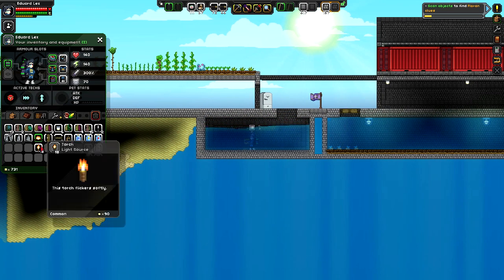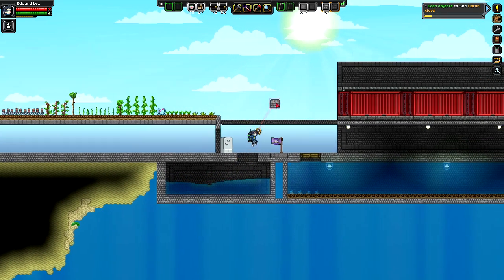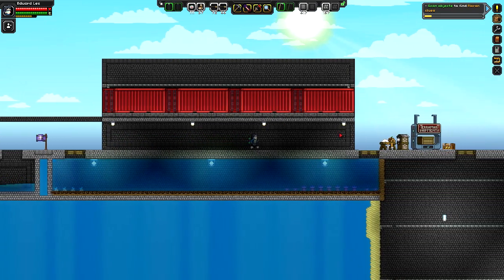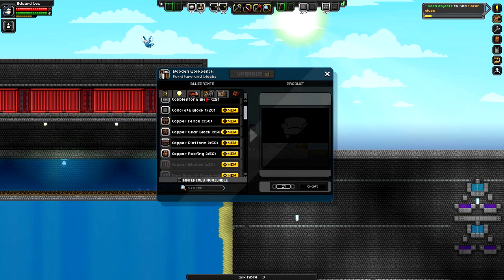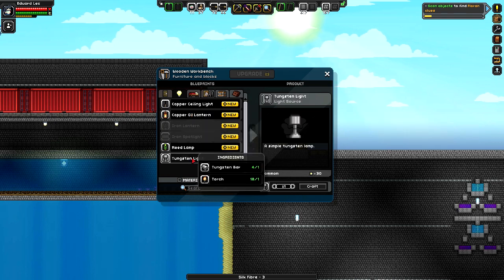Also, that's a bit of a problem. Can I have a race neutral light? Because these lights most likely going to give me Hylotl every time. I don't want Hylotl every time. I want someone else sometimes. So how about I use...